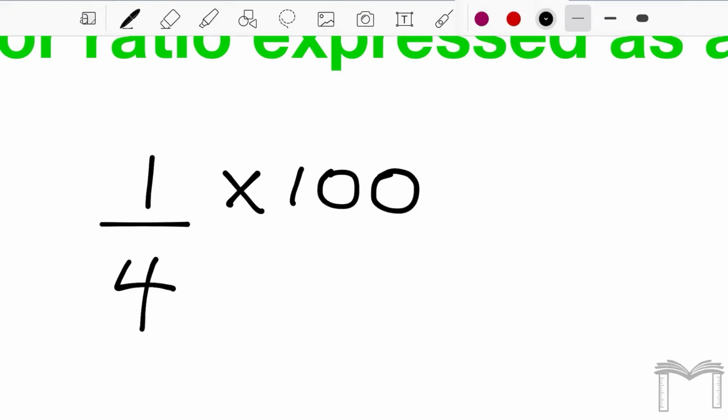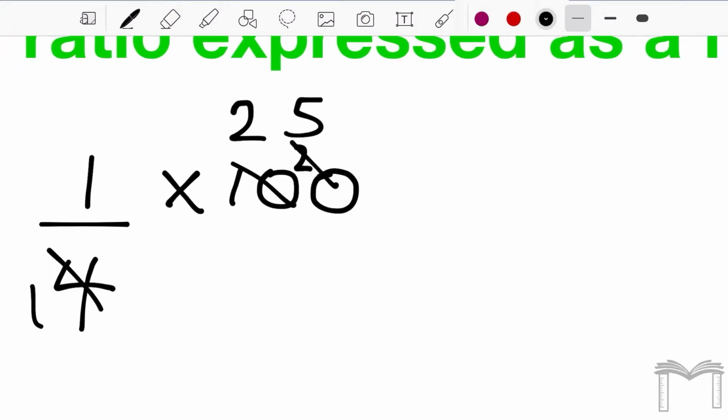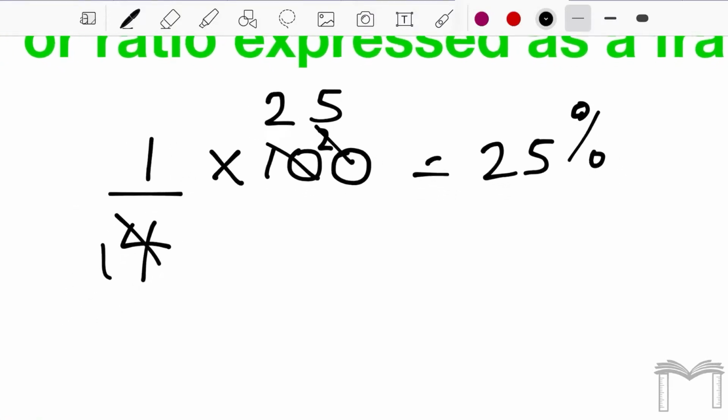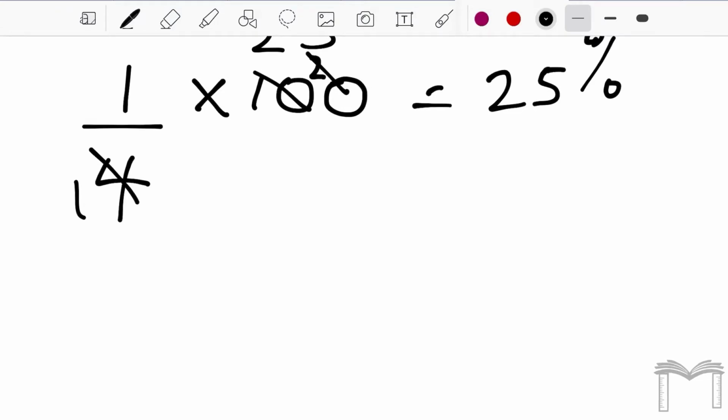So let's work it out. 4 into 4 is 1, 4 into 10 is 2, remainder 2, 4 into 20 is 5. So the answer is 25%. So let me show you something. Quarter,